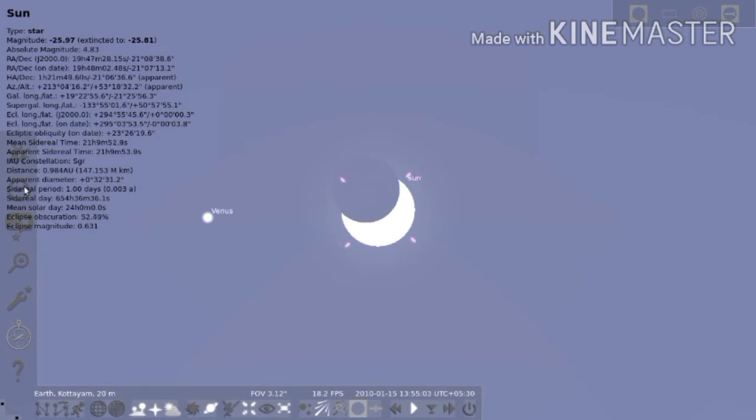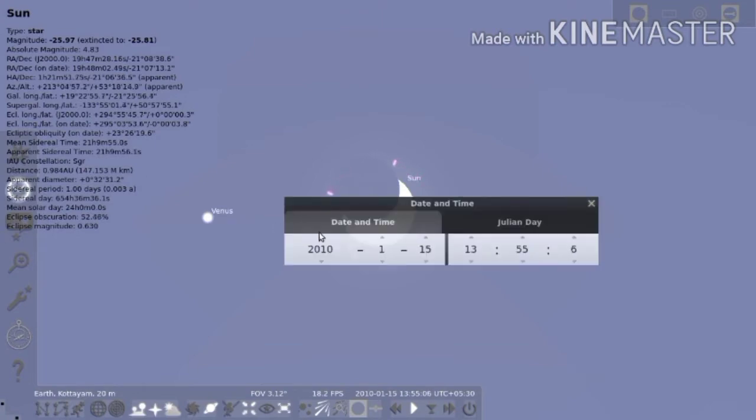Here the date is different. So take the date or time window. 21/5/2031. Here the year is 31, then 5 means May, and the date is 21. Just close it. Then what is the time?